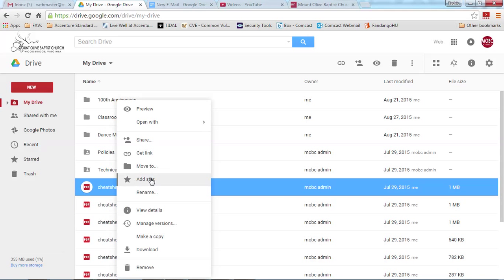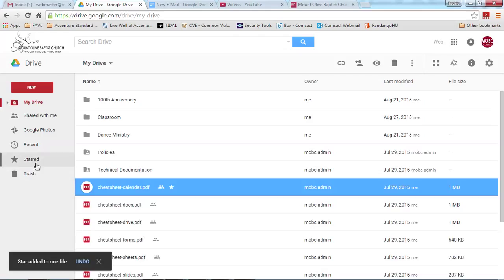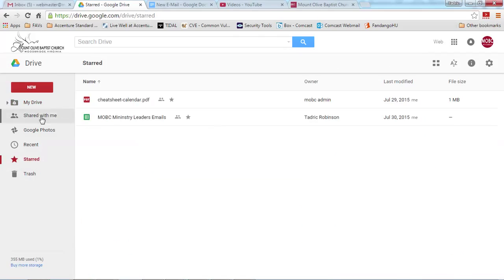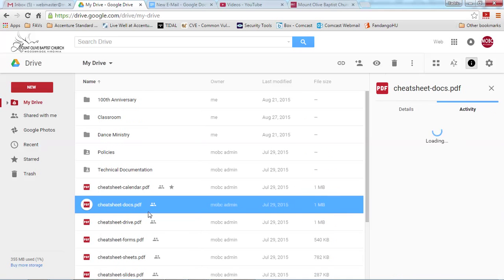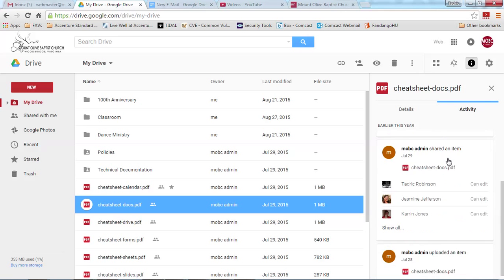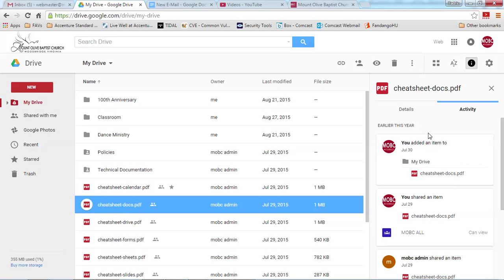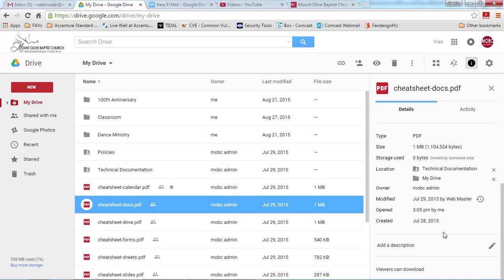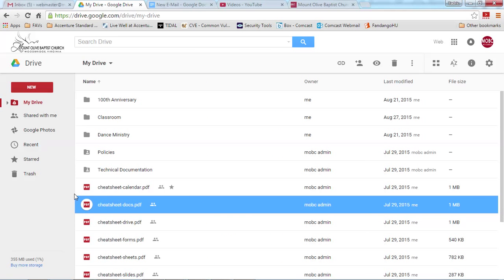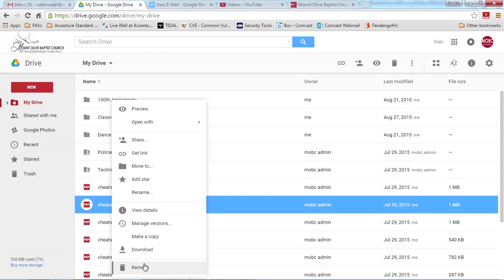So say I've added this as a star, this is my favorite, I go here, and these are my important documents. I'm going to go back here, right-click again, you can view the details of the document, see who I've shared it with. It's detailed as well. There's a PDF. See when I created it, and you can add a description and see the viewers that have downloaded your document. So if you have a form, say you have a Vacation Bible School registration form, you can share with people,